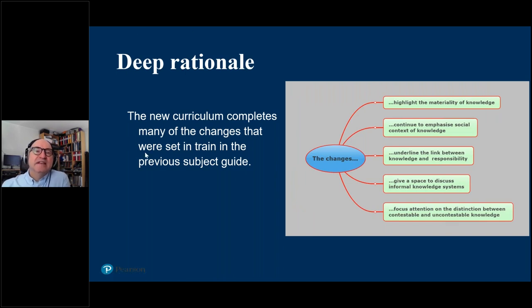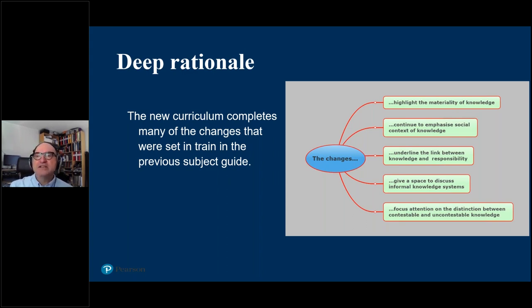So we might want to think a little bit more about why we've made these changes. The seven-year curriculum review cycle in the IB generally is a very interesting process in which every subject becomes renewed. And I think it's fair to say that in TOK we've continued some of the themes that were present in the last curriculum review. And if I were to pick out five major sources of motivation for the changes,